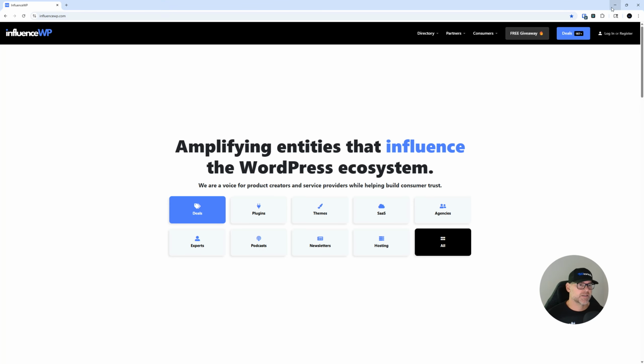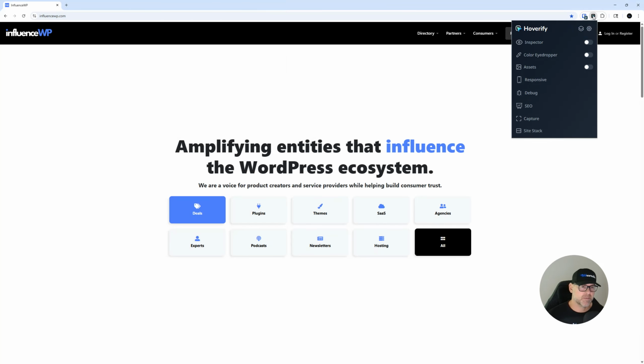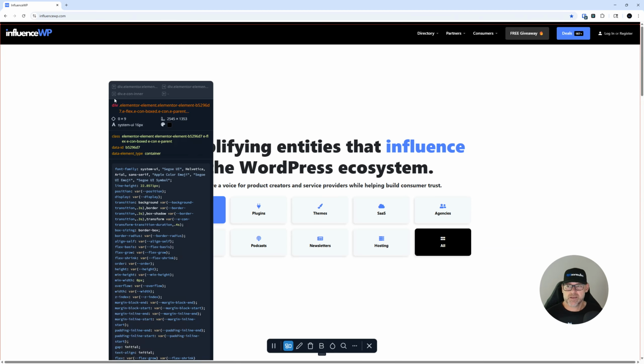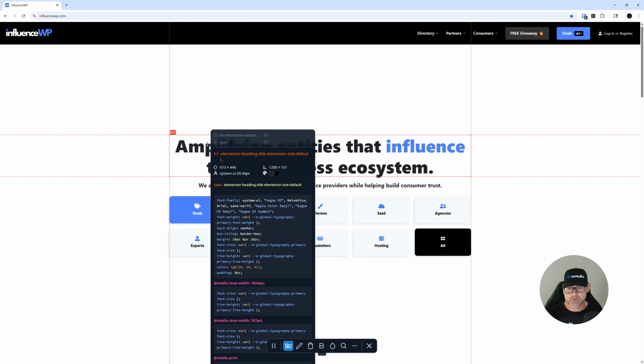All right, let's check these things out. So we're just going to click on the Hoverify icon, which I've pinned, and the inspector isn't activated by default. So we could toggle that on. And you see here right away when you start hovering over elements, this is kind of where the SEO stuff starts to come into play. You can see that an H1